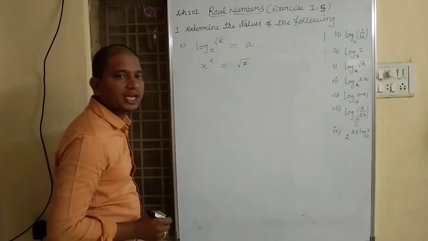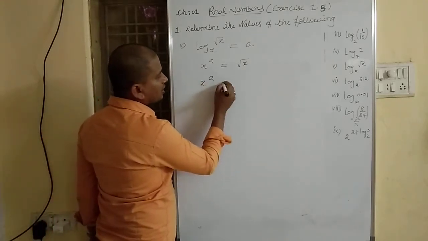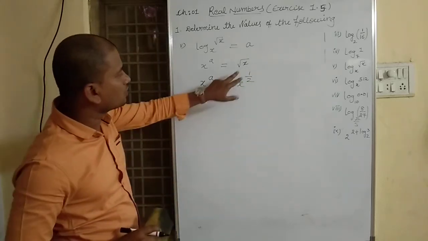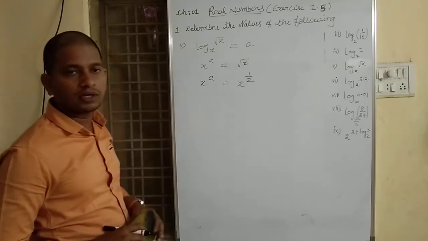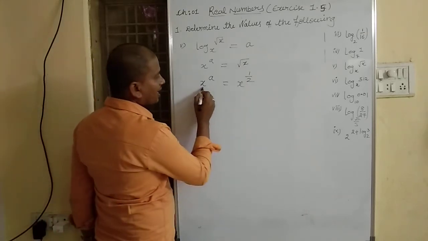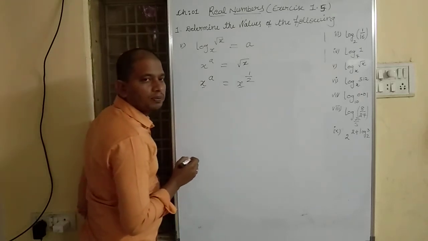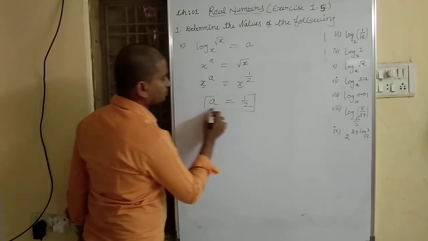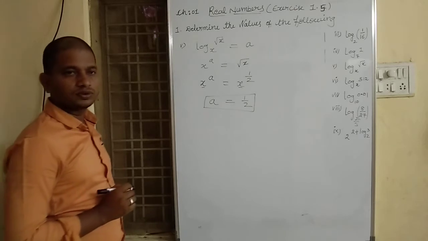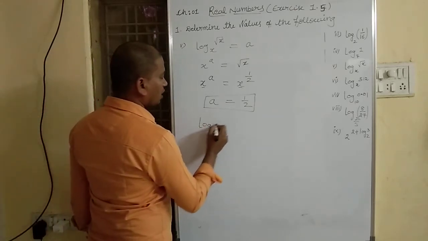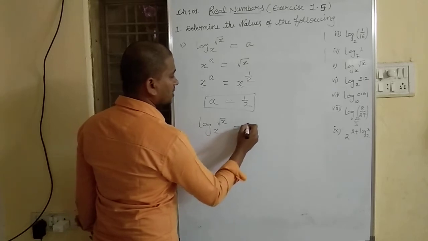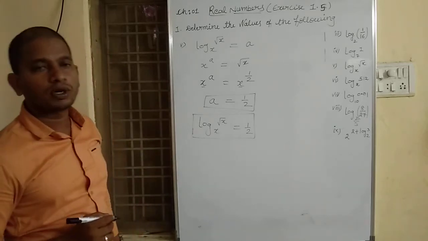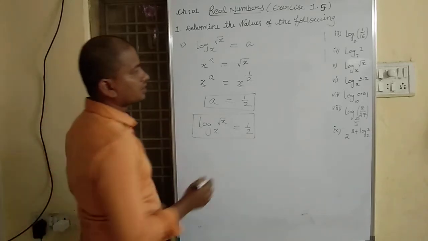What is the meaning of root x? Root x I can write as x power 1 by 2. So here, as bases are equal, powers should be equated. So what is the value of a? a equal to 1 by 2. Therefore the value of log root x base x is 1 by 2. What is the answer? The answer is 1 by 2. Got it? The next question is